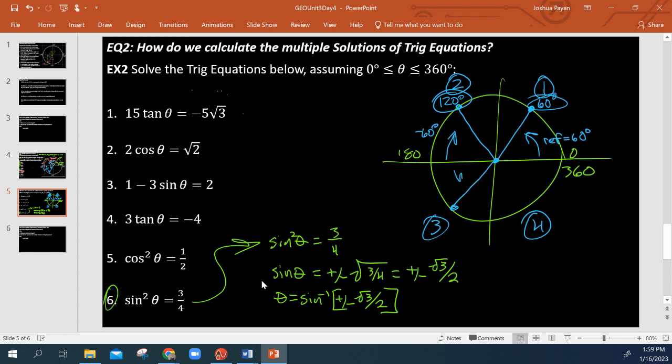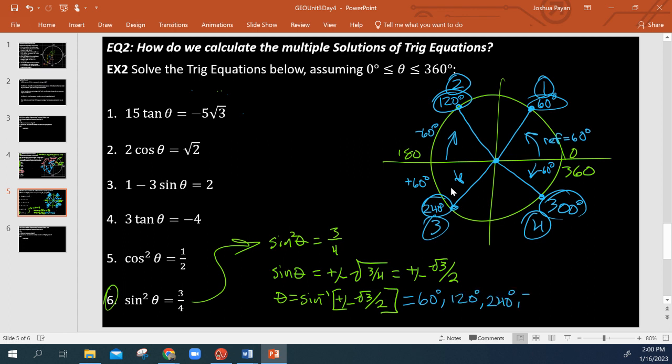Next solution is going to be down this way in quadrant 3 because now we need the negative solutions, right? So to go from 180 down into quadrant 3, I'm going counterclockwise. So that means I add 60 degrees. That's my reference angle. Either way, that's going to give me 240 degrees. Okay, and I'm going to come down into quadrant 4 from 360. And because that is clockwise, I'm going to subtract 60 degrees, giving me my fourth and final solution of 300 degrees. So my four answers would be 60 degrees, 120,